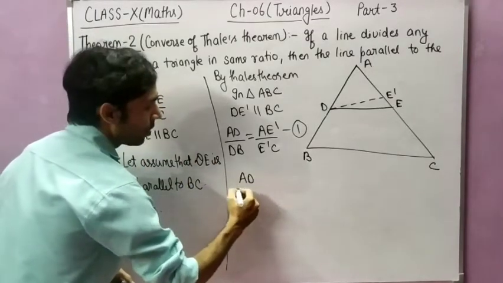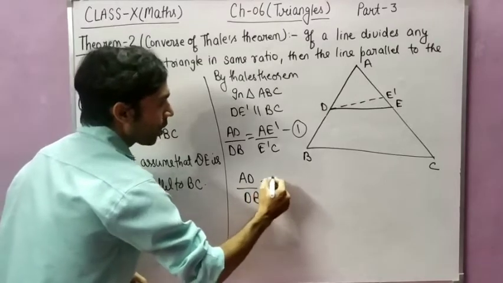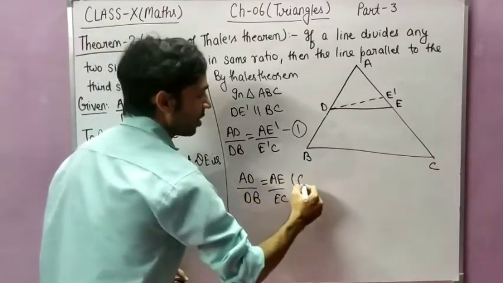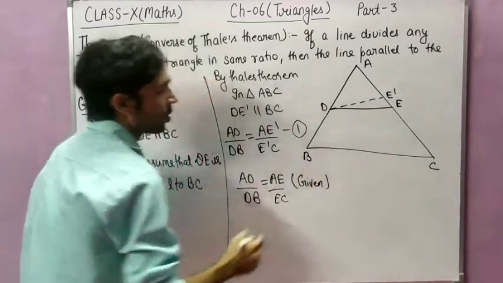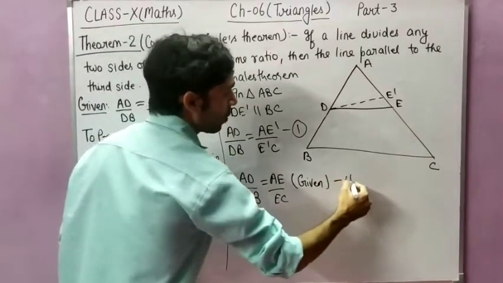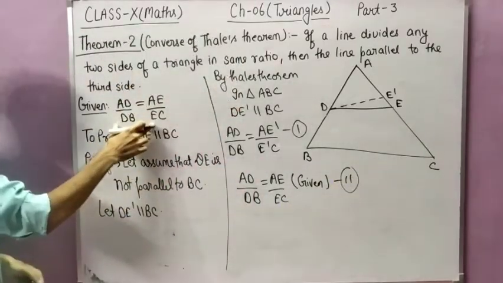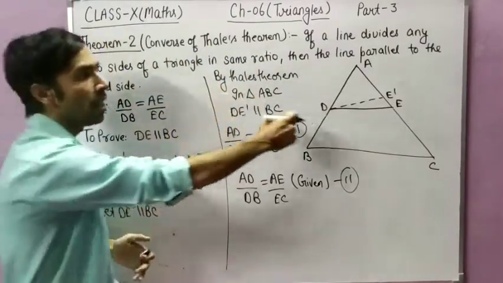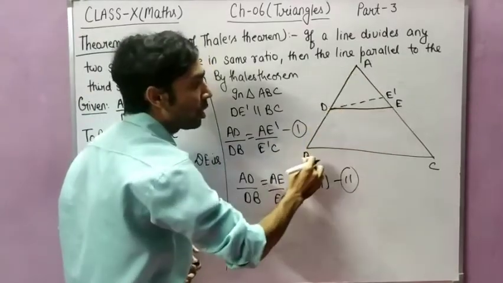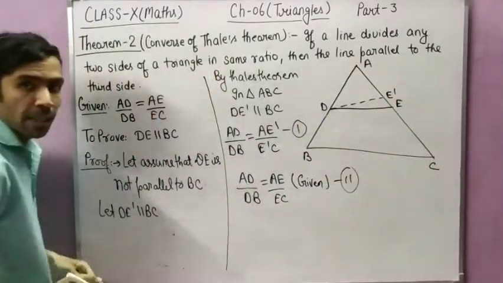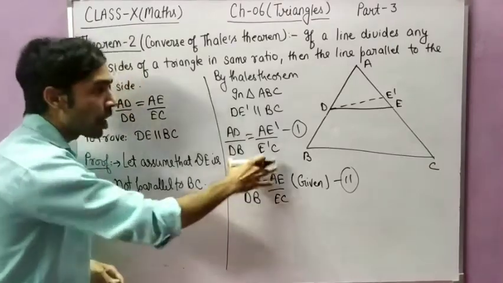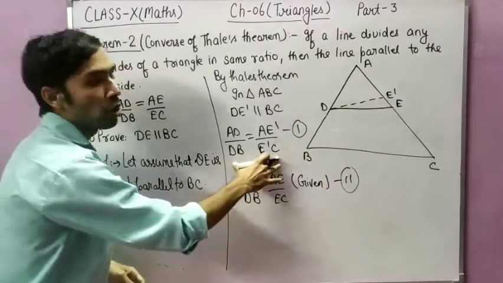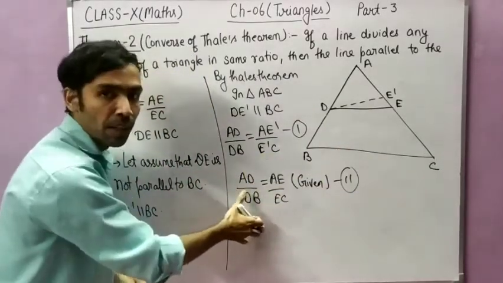ठीक है, but student one thing is given now, AD upon DB is equal to AE upon EC. ठीक है, this was given in the question, suppose it is equation number 2. अरे ये given है कि नहीं, कि अगर एक लाइन जो है वो ट्रायंगल की दोनों साइड को सेम रेशियो में डिवाइड करे, मींस AD अपॉन DB इज इक्वल टू AE अपॉन EC. ठीक है, तो ये रेशियो गिवन था क्वेश्चन में, ये हम लोगों ने निकाला assume करके कि DE dash BC के पैरेलल होगा, तो हमने इसको Thales theorem से निकाला और ये that is given in the question.